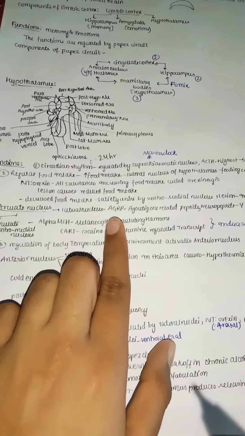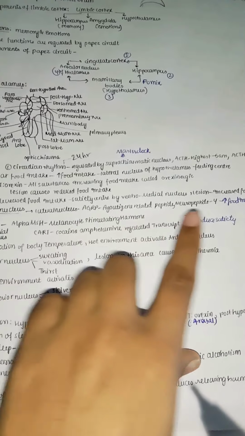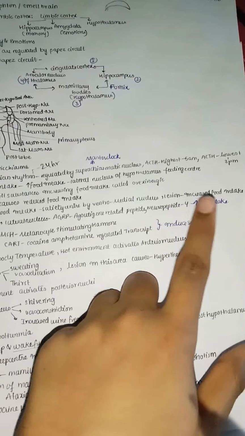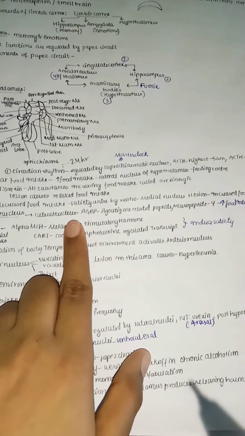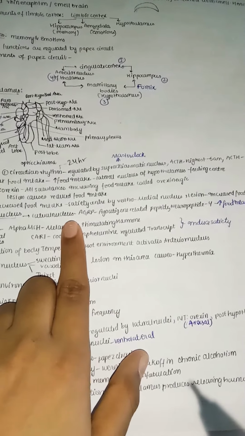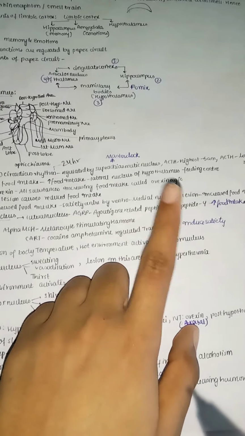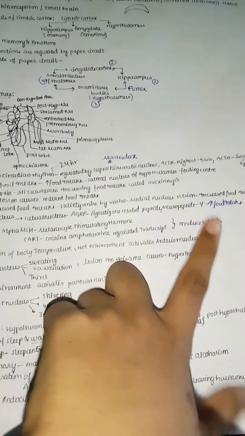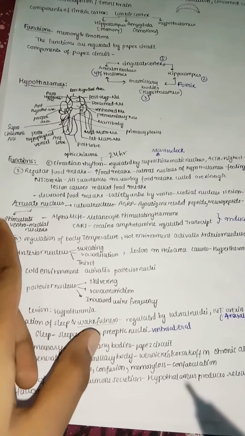Let us see. Here, we have AGRP, that is agouti gene related peptide, which is a neuropeptide. It increases food intake. We have seen before that the lateral nucleus increases food intake, but now we are seeing by which mechanism. That is mainly by this agouti gene related peptide and neuropeptide Y. So this neuropeptide Y is useful to increase food intake, whereas the ventromedial nucleus is stimulated by